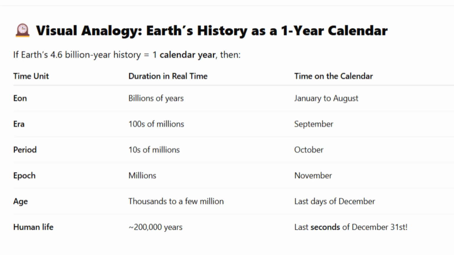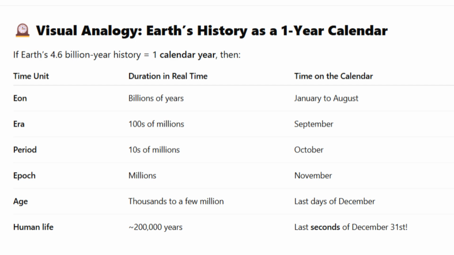Imagine this: all 4.6 billion years of Earth's history, squeezed into a single calendar year. A giant clock of creation, where each tick represents millions of years. January: Earth forming in fire. In January, Earth is born, a molten planet just forming its crust. March to July: early oceans, first life. Bacteria evolve, photosynthesis begins, and oxygen fills the air. But still no animals or plants we recognize.